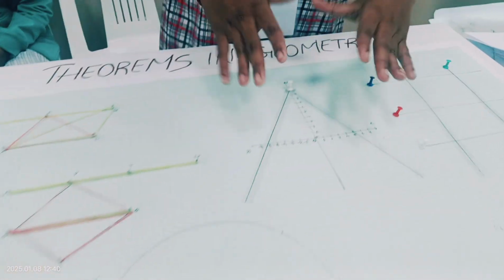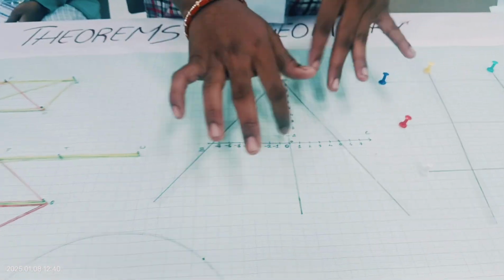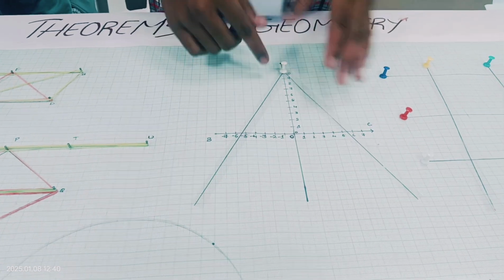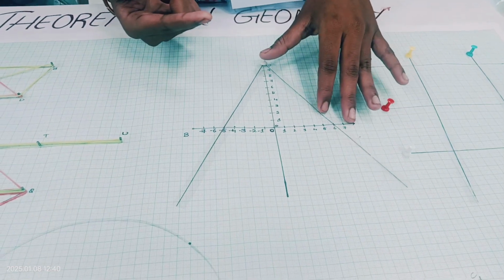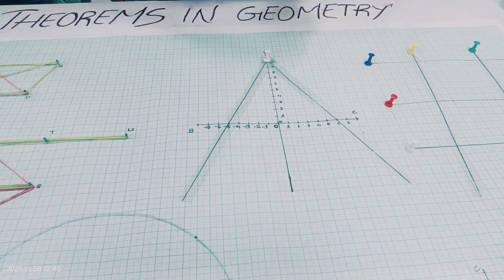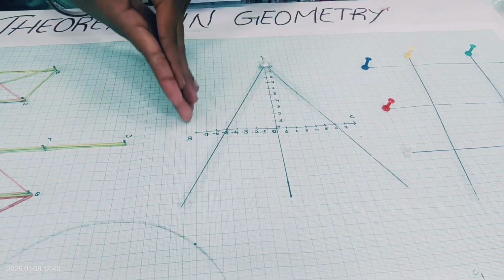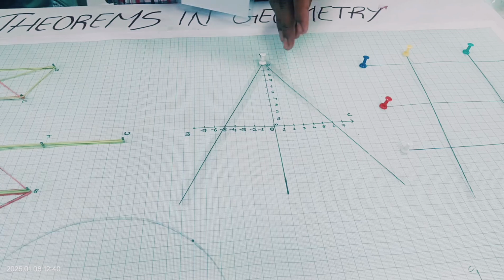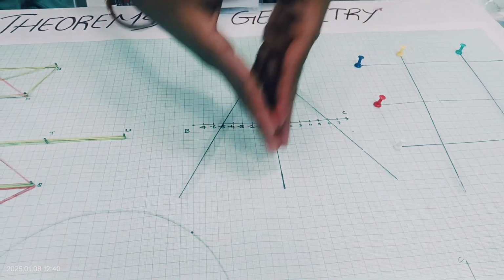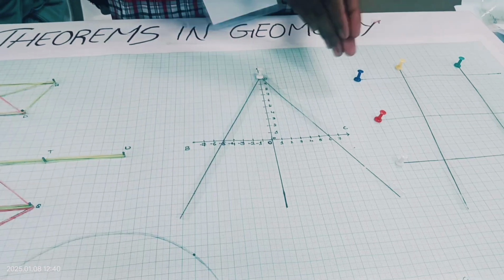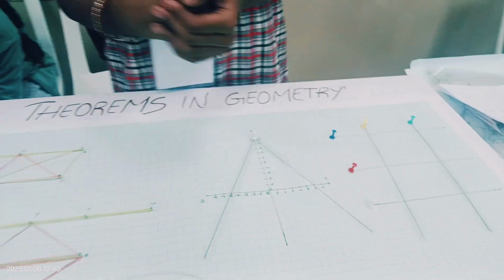And another one: we make two triangles, triangle AOB and triangle AOC, with the same height of 10 centimeters. Bases AOB equal to 5 centimeters, AOC equal to 6 centimeters. Calculate the area of a triangle, half base into height. So AOB equals 25 centimeters square and AOC equals 36 centimeters square. So the ratio of the areas is 25 is to 36, so 5 is to 6. The ratio of the areas will be equal to the ratio of their bases.